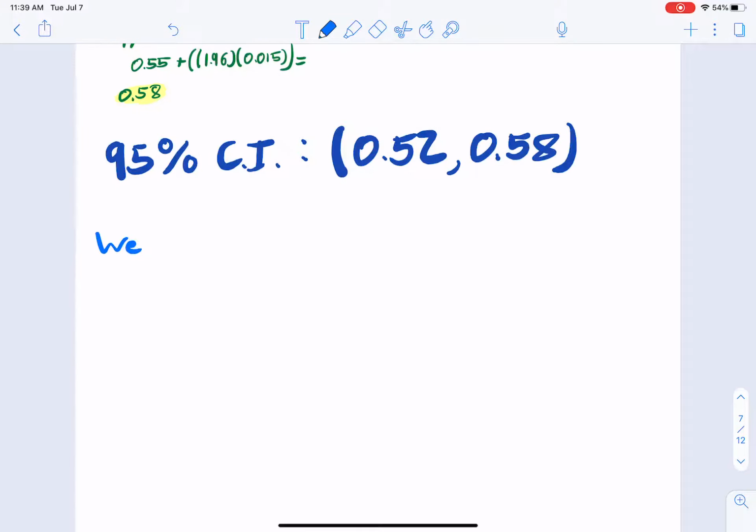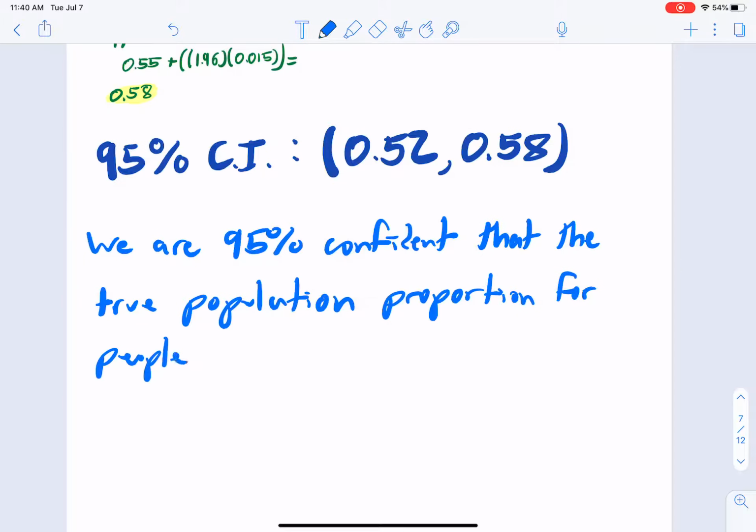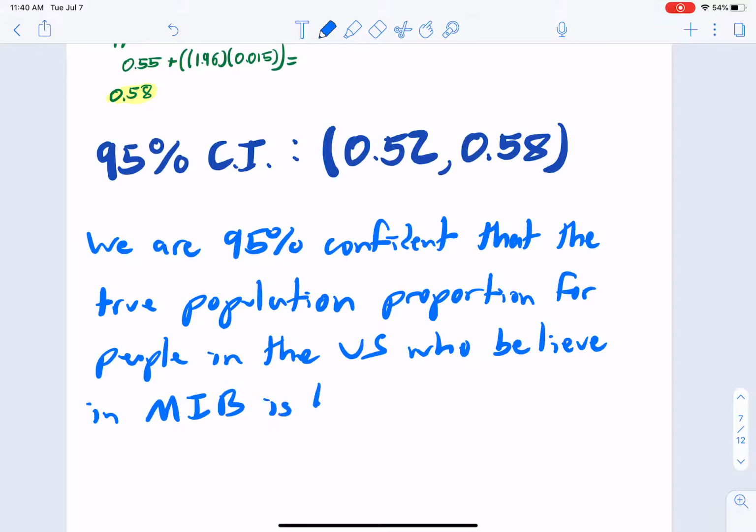We are 95% confident that the true population, and let's be specific in this situation, that the true population proportion for people in the U.S. who believe in Men in Black is between